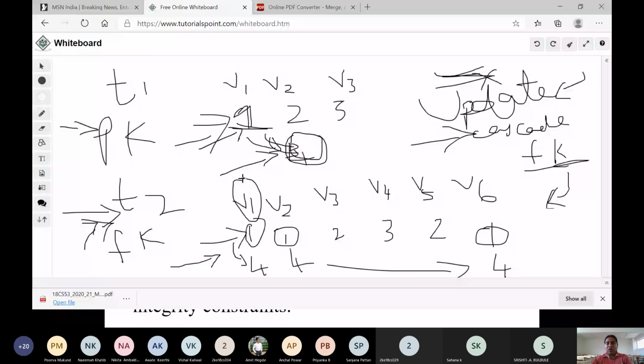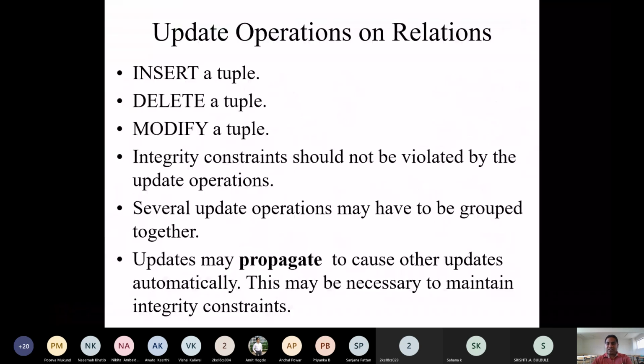Definitely that update operation will not work, because 4 is not at all present in the values which you are trying to refer to in the primary key. So obviously the updation will not work. We are trying to violate the referential integrity constraint. You understood? So integrity constraints should not be violated by update operations.